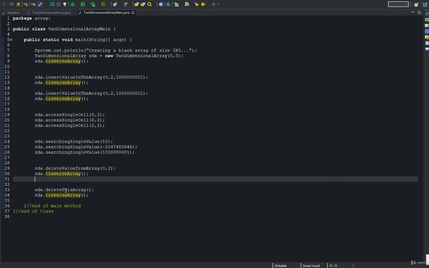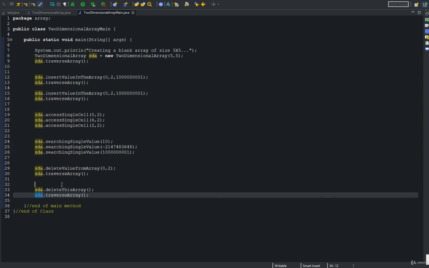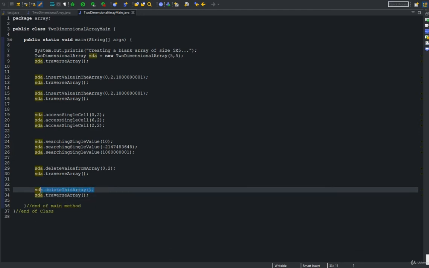So we are calling the delete array method on the SDA object, and then we are trying to access the traverse array method using the same object SDA. But remember that when we call the delete method, the array has already been deleted.